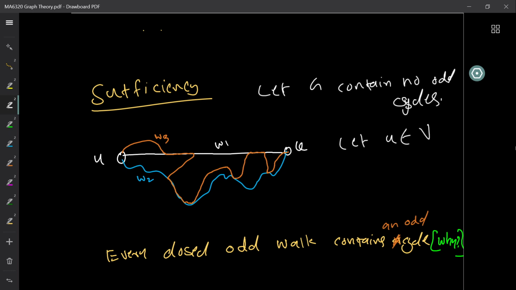Now we fix this vertex U. Okay, so we fix the vertex U, and then from U I look at every vertex V and see if there is a UV walk, right? Of course,